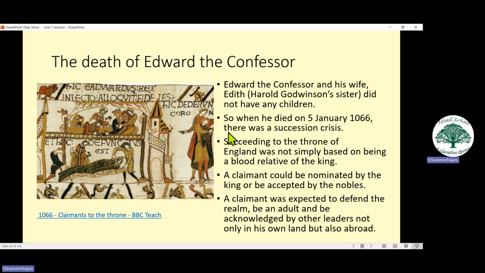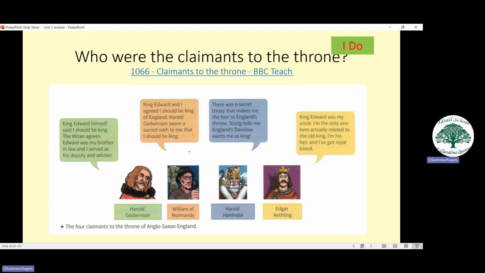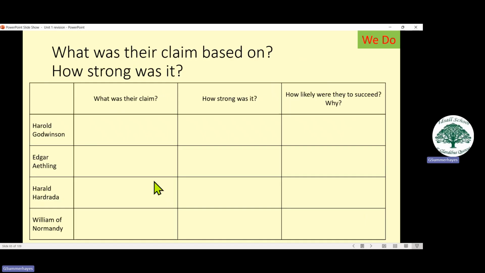So the Witan actually decided that he wasn't strong enough to defend the realm and was not strong enough to demand loyalty from the Thanes and the Earls, particularly Harold and his family. So these 4 people were the choice for the Witan. Edgar, who was a nephew of the king, only one who's related by blood, but too young. Although he doesn't really look young, does he? To be fair, he was only 14. And then the other 3, which we'll go through.